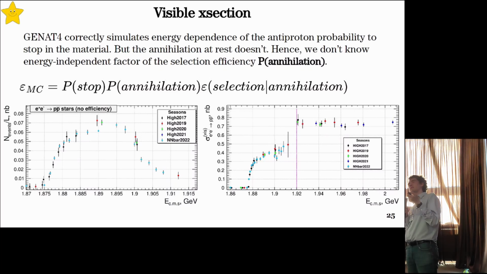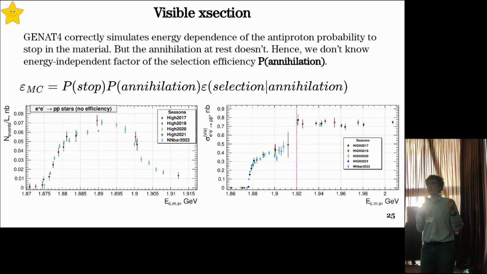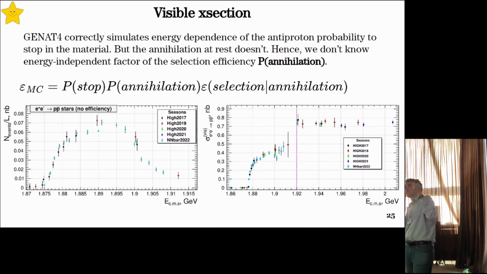But the probability to stop in the material in GEANT is correct. That's why we have correct energy dependence here. But the probability to annihilate, the annihilation cross-section in GEANT, is wrong. The value of annihilation is wrong. That's why the